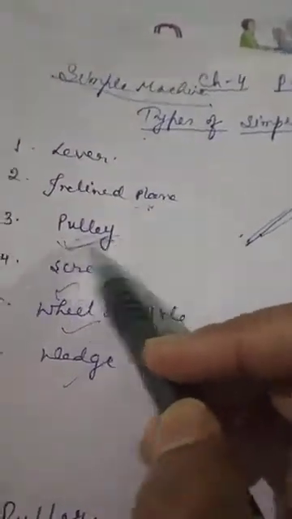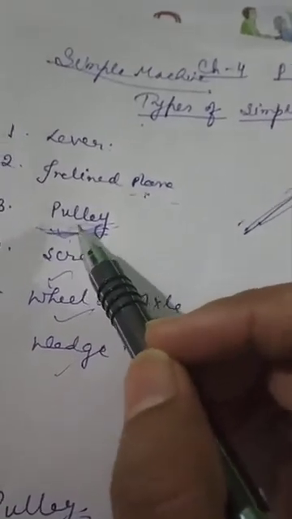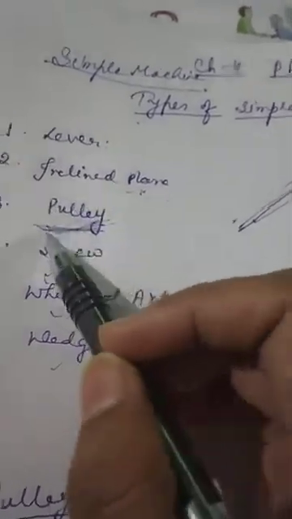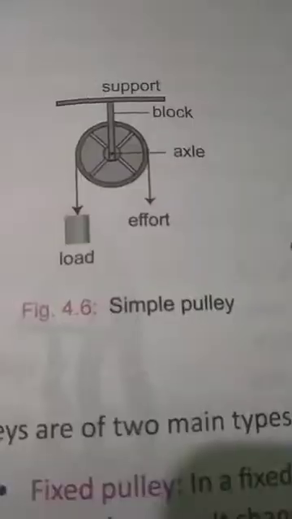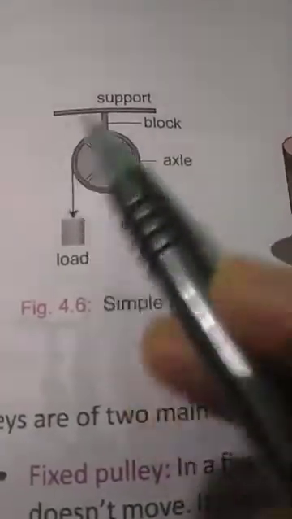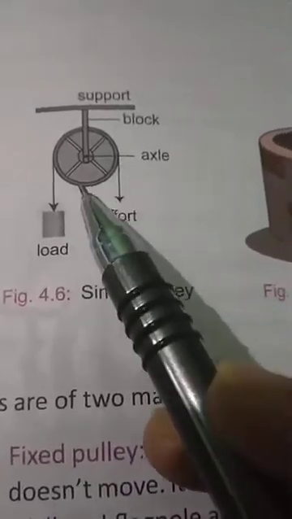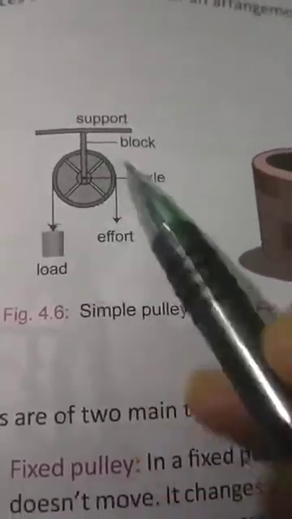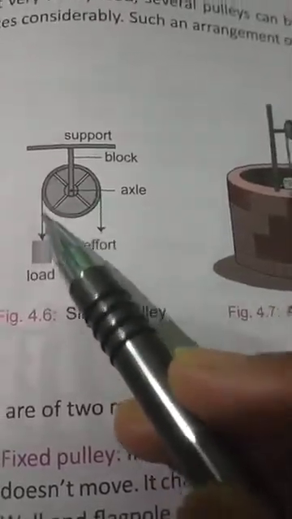Okay. Now let's understand what we mean by a pulley. What is a pulley? I have discussed it in my last class, or the first class on simple machines, but let's understand it in detail. Look at this picture. This is a picture of a simple pulley. A simple pulley consists of a wheel. This is a wheel with a grooved rim. Grooved means there is a groove in the rim in which